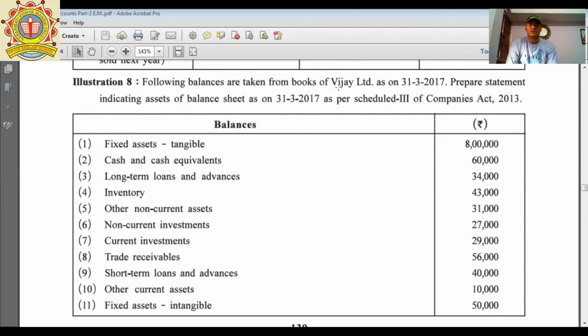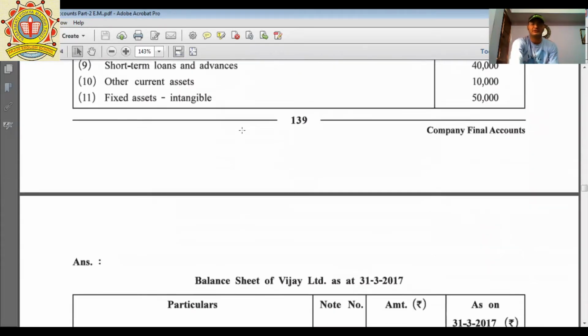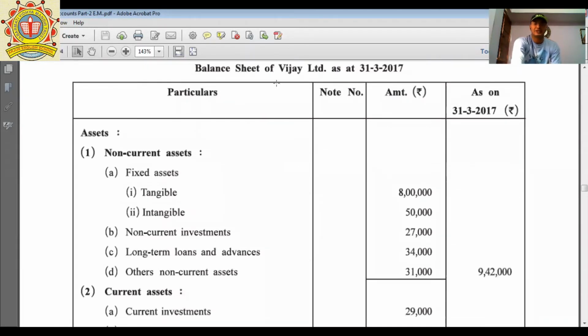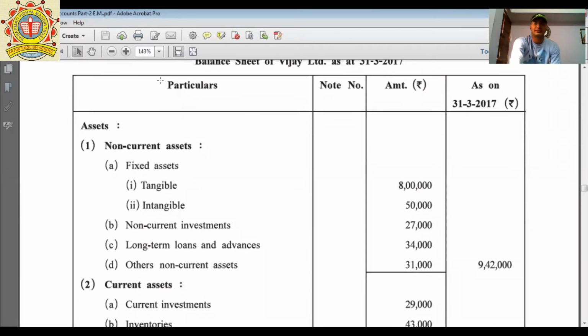Today I am going to start illustration number 8 from your textbook, where we have to prepare the balance sheet, but only for the asset side. Before starting a sum, you have to prepare a complete format, that is, the balance sheet, name of the company, that is Vijay Limited, as on 31st March 2017, particulars, note number, amount. Here is the format: